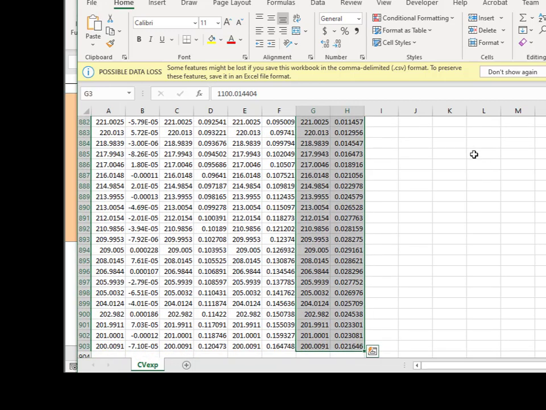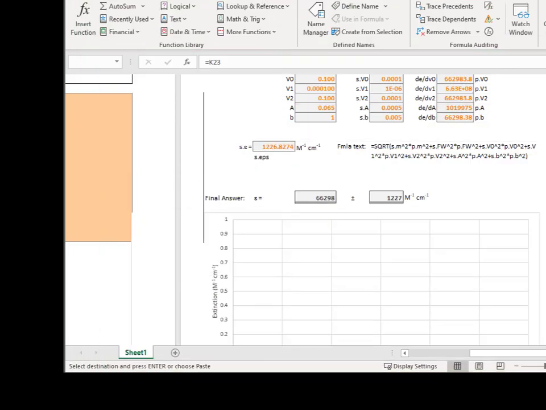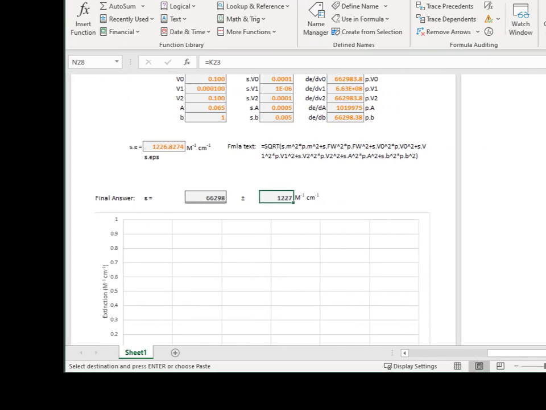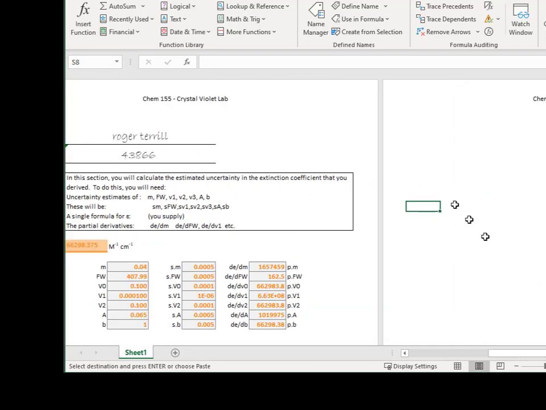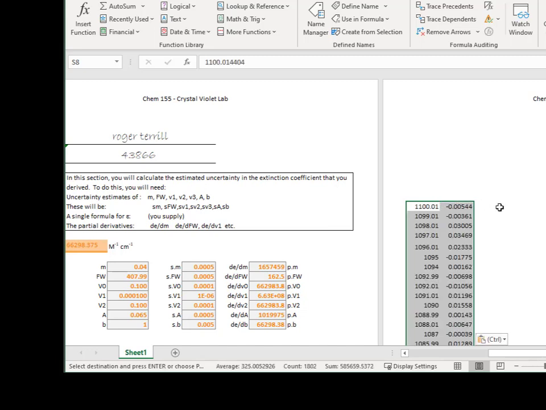So once I get that all selected, I go Control C. I'll put this aside. Then I'm going to come over here to the target in Excel here, and I'm going to say Control V, right? This is wavelength,